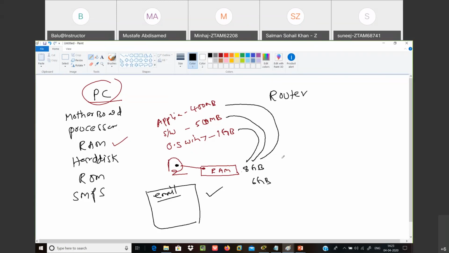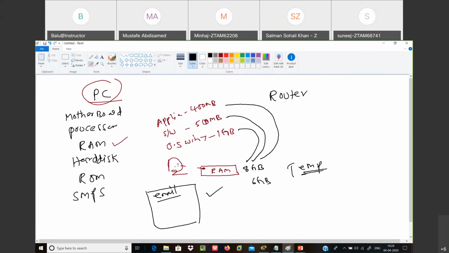But technically, what happened here is that all the information primarily goes to be stored in RAM, but RAM is a temporary storage. RAM is what? Temporary storage. So why is RAM temporary storage? Because once your PC is powered on, RAM can hold the information and all information is updated. Once your PC is shut down,